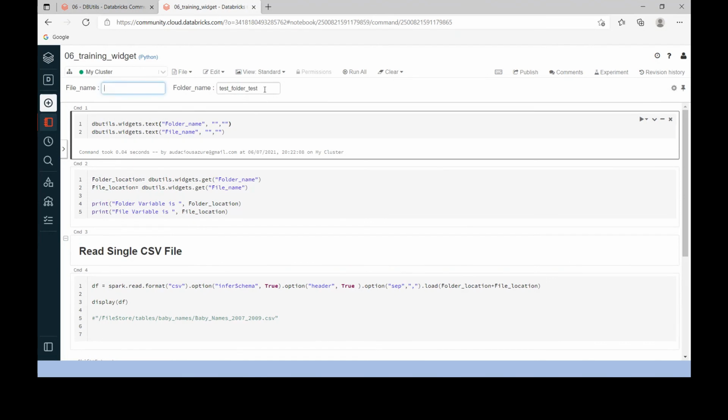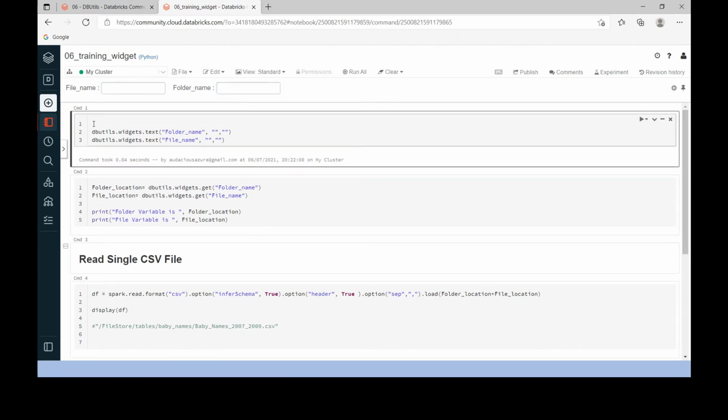Now let me remove. It was actually coming from my previous execution. Let me remove this one. If I have to remove all, this is the command.